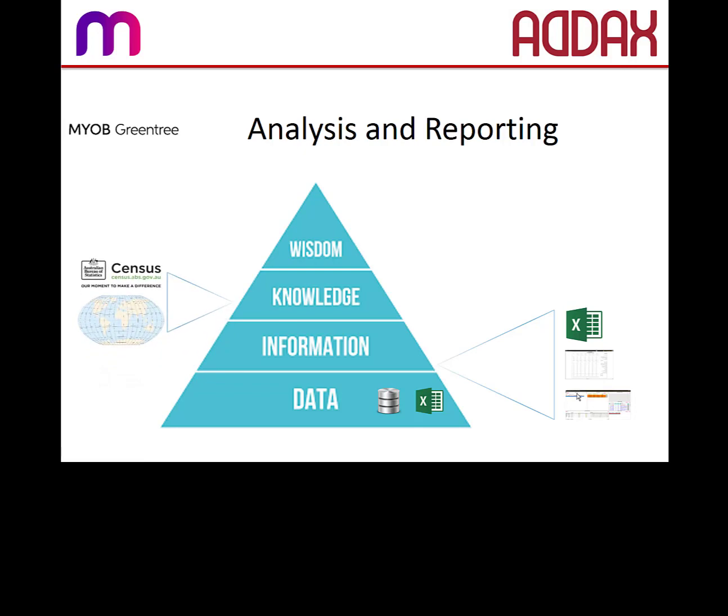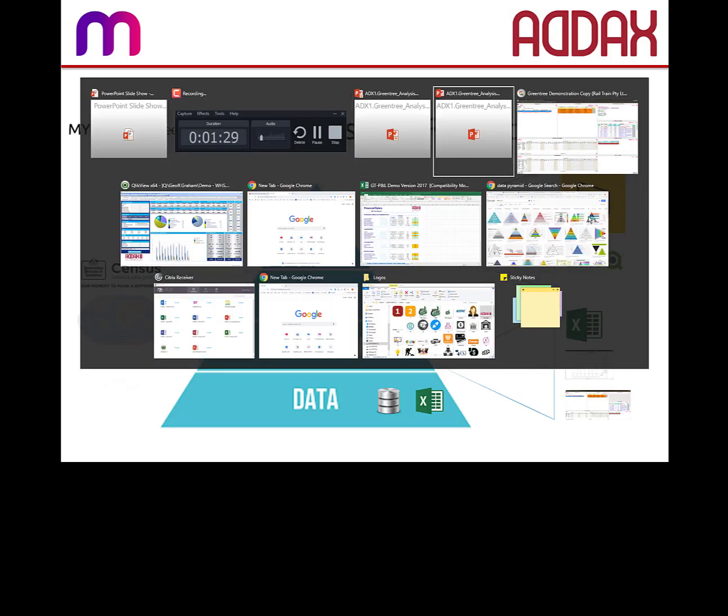Given that we now have that data interpreted, categorized and ready for reporting, we can overlay it with information such as census data, statistical data, and geomapping data, to give us information on top of what we've captured in the Greentree ERP, for reporting through our business intelligence tools such as ClickSense, ClickView, or even Power BI. So let's go and have a look in the various different tools as to what that reporting might look like. I'm just going to flick out now into